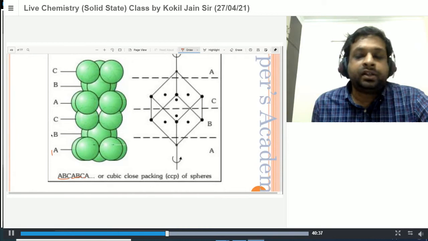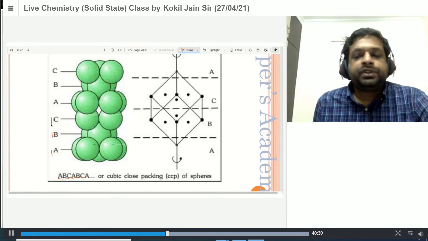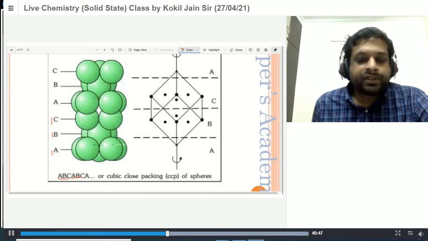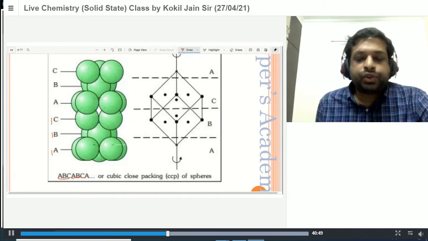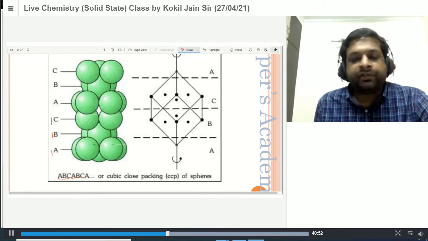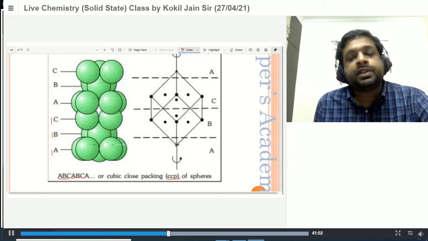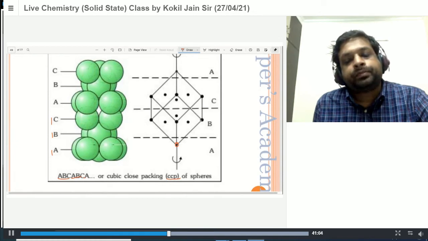Now, what we are going to do in the third dimension is put another layer of solid spheres only on the B voids. In the next diagram, this type of arrangement only. I have put solid spheres of the same size on these B void volumes. Okay, now let's see this arrangement through different angles.